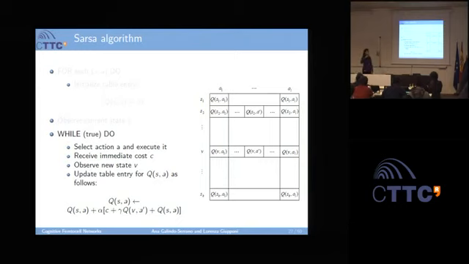After a learning period, this Q table is completely updated. The idea is that I will know which is the best action in each state. So if something changes in the environment, my state will change, but I will only need one selection procedure to adapt to the environment. See? Yeah. Okay.